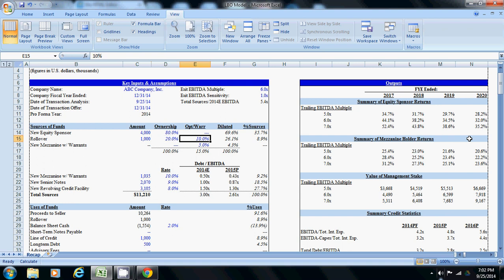They're also giving the management team 10% options in the business, which is going to dilute the equity sponsor's ownership in the future. And then the mezzanine investor is getting 5% warrants so that basically their returns are going to be higher than their 10% coupon here. Because typically a mezzanine investor is going to want mid to high teens type returns. So basically here, 2019,